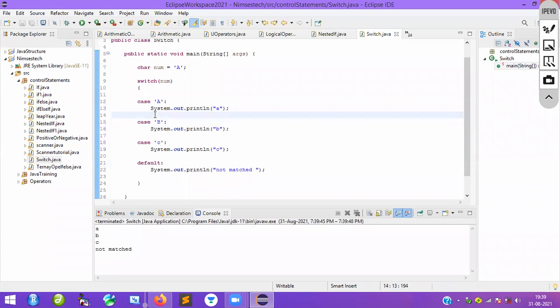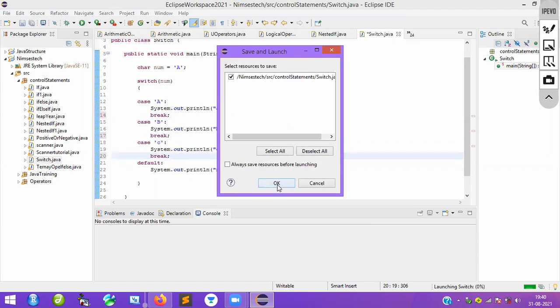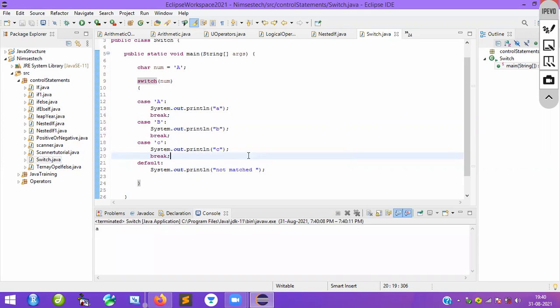ABC. Why are we getting this? Because break is not there. Put the breaks. Break, semicolon. Again, copy this one, put the break here. Again, copy this one, put the break here. That's fine. Now clear? Understood everyone? So for string also you can do it.